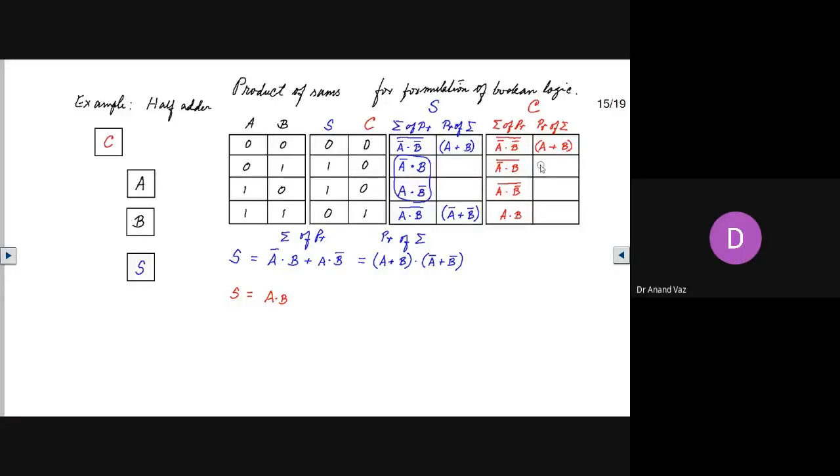But at the same time, we should have another 0 also here. That is A or not B. And here, that is not A or B. Okay.